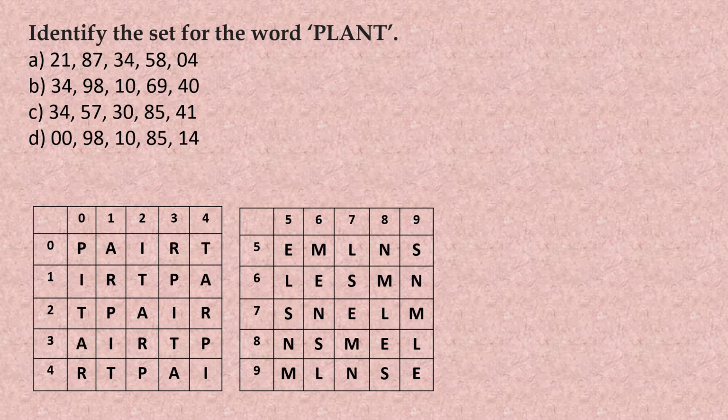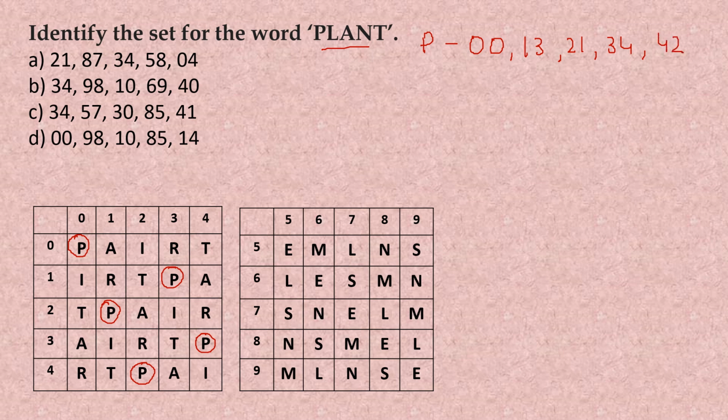Now for the same matrix, let us check for the word plant. What are the correct set of values for the word plant? Let us start with P. So we have 1, 2, 3, 4 and 5 values of P here. Now let us write the values here again. The first one will be 0, 0. The second one becomes 1, 3. The third is going to be 2, 1. The fourth one will be 3, 4. And the fifth one will be 4 and 2.